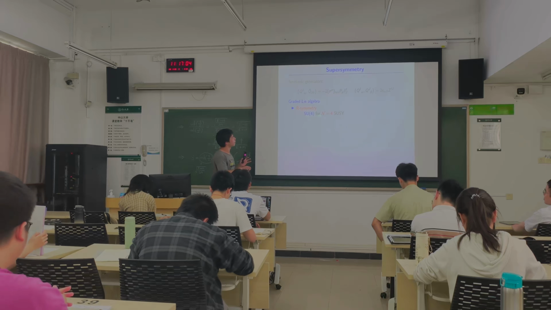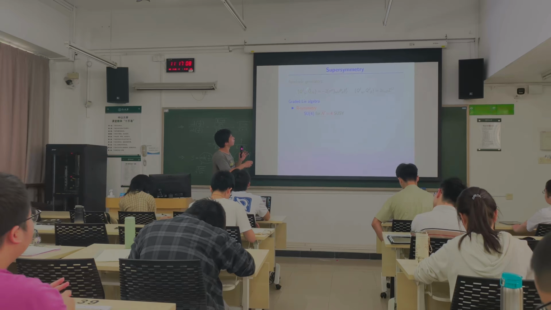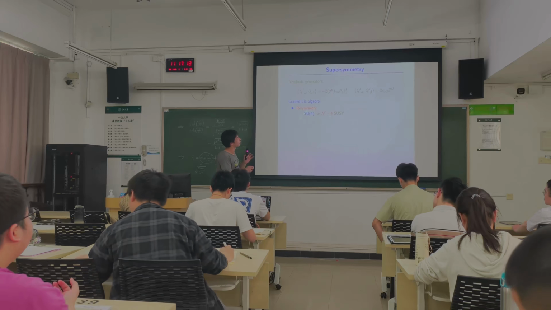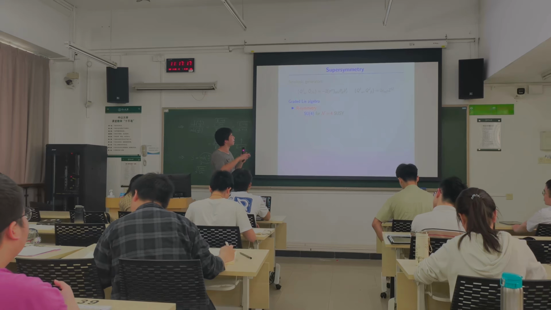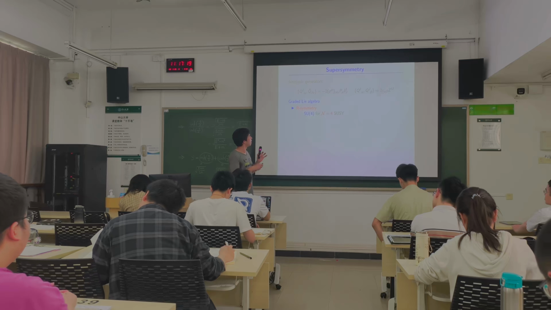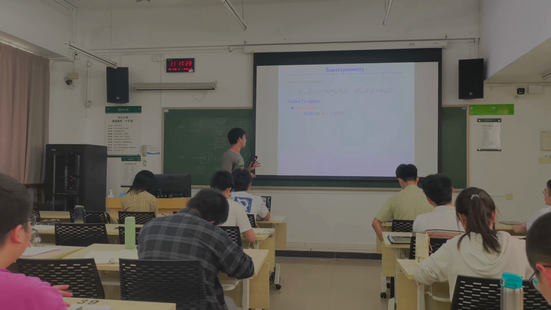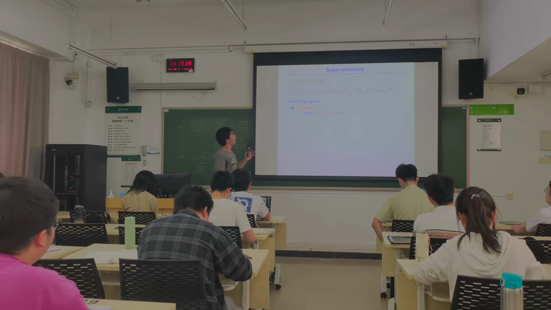For n equals 4, supersymmetry means it has 4 Q and 4 Q bar. This is the degree of supersymmetry. Its R symmetry group is SU(4), because those Q are Weyl spinors in this case, and the fundamental representation of SU(4) is actually a rotation. It's a rotation matrix acting on this four-component multiplet.